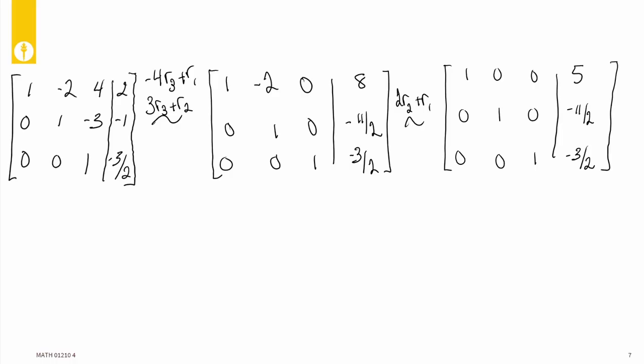And then right from there, again, I don't typically physically write out what the new system is. From here, I just write out the solution. 5 will be